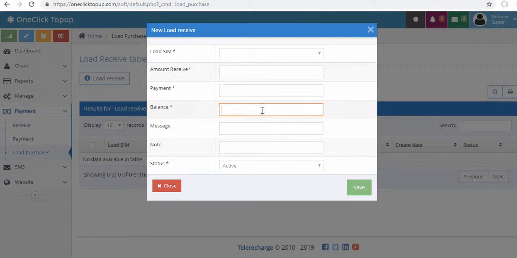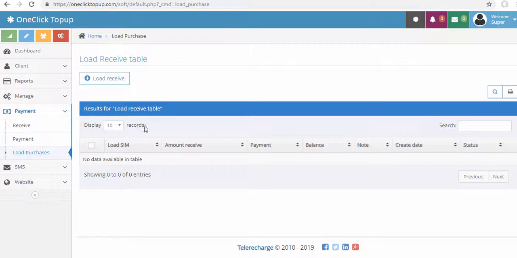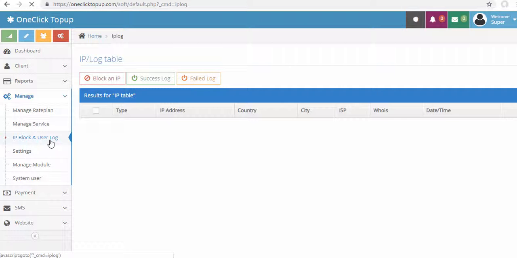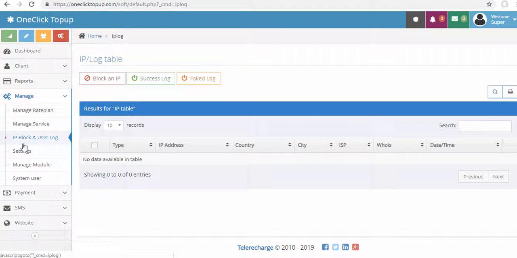Okay, so you just put the balance here, and if you want to mention the balance message, the full message, then you may mention the message. If you have any note, then just leave the note and save it. Okay, so the balance will be saved and you will be able to check later on. Okay, so this is the payment module, just briefly described, and this is another important option, which is IP block